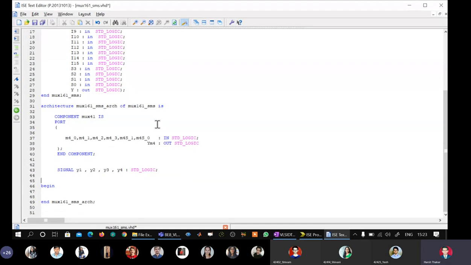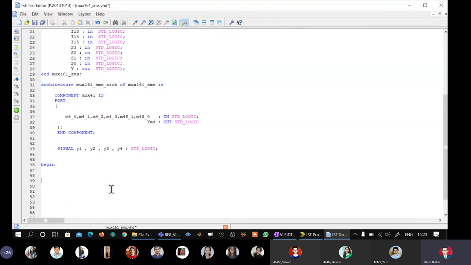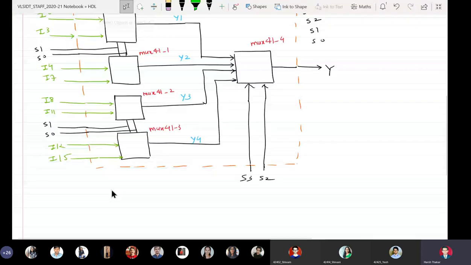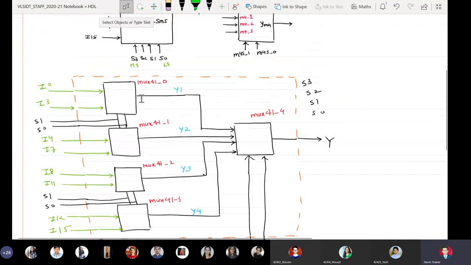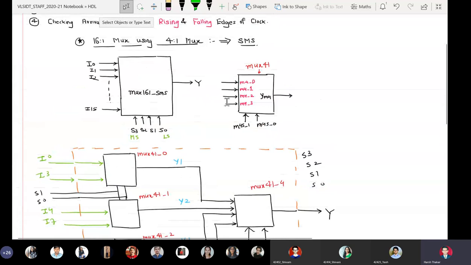Okay, so my component creation and intermediate signal definition is over. Now I am going to do instantiation and port mapping. So M41_0. Fine. Component name is mux41, space, port map.